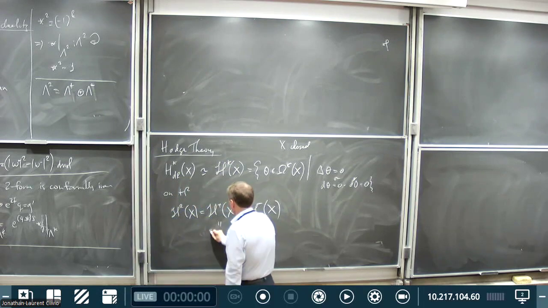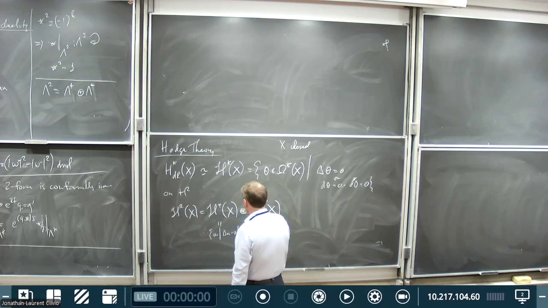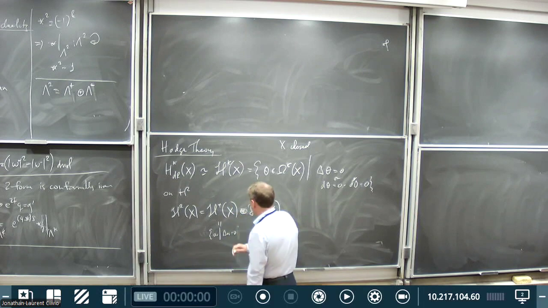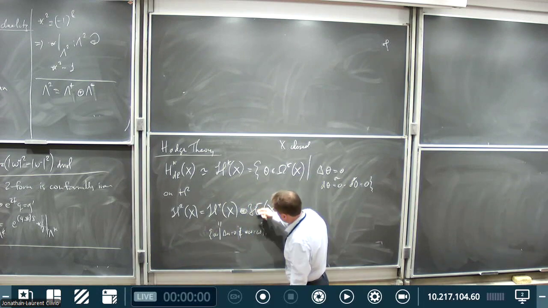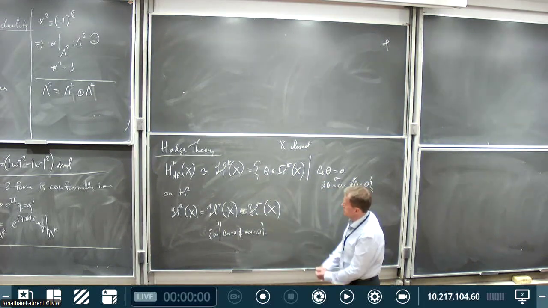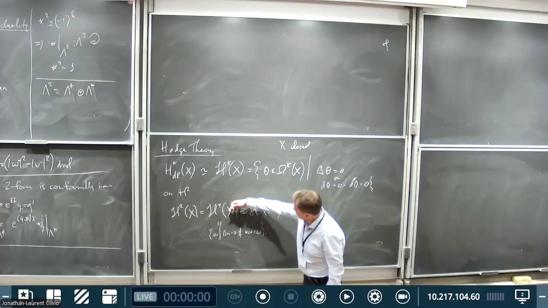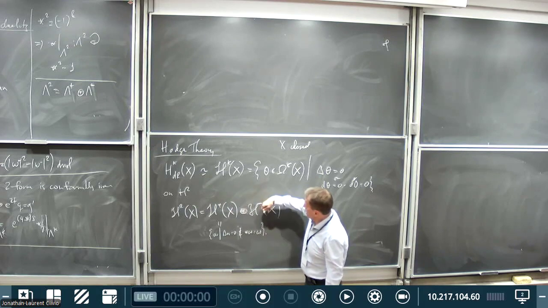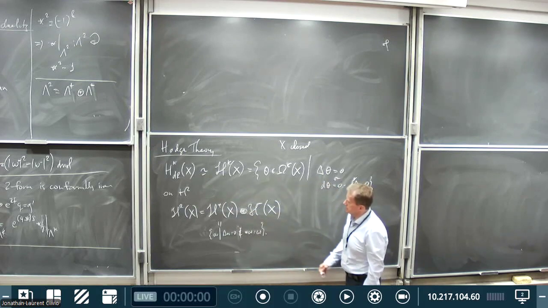This is equal to the omega, say Laplacian omega equals 0. Sorry, well, this is where they're anti-self-dual. And this is a reflection of the fact that we already saw the